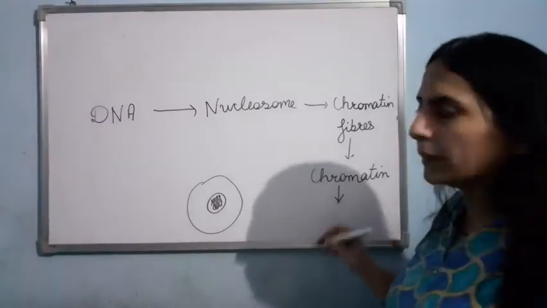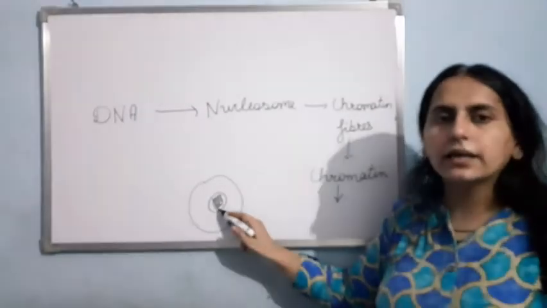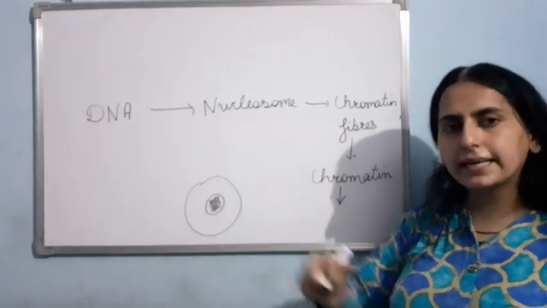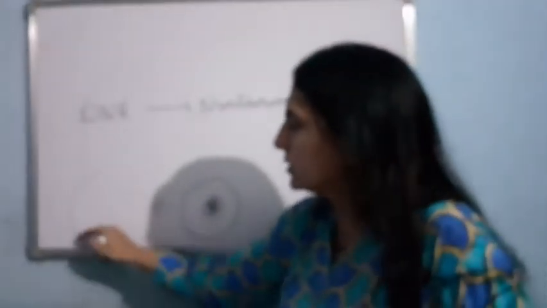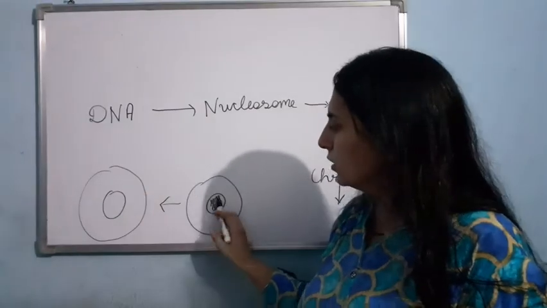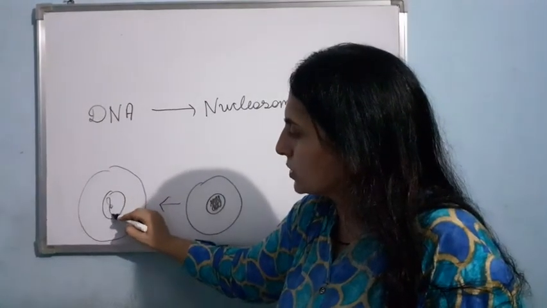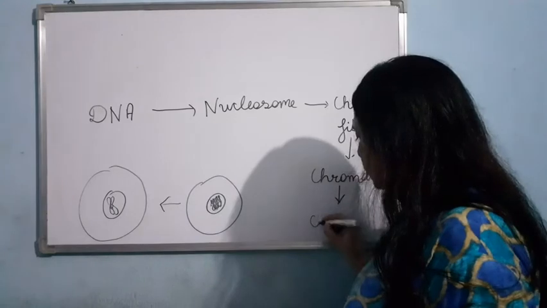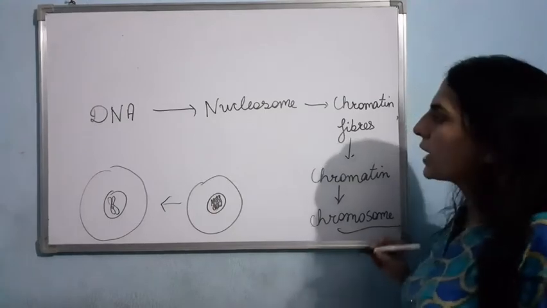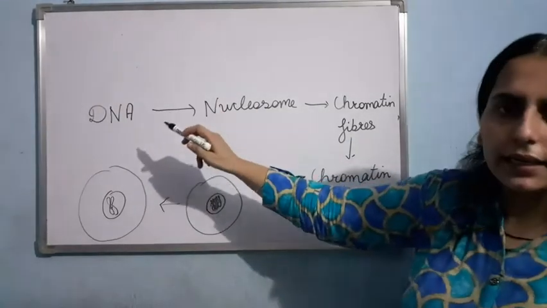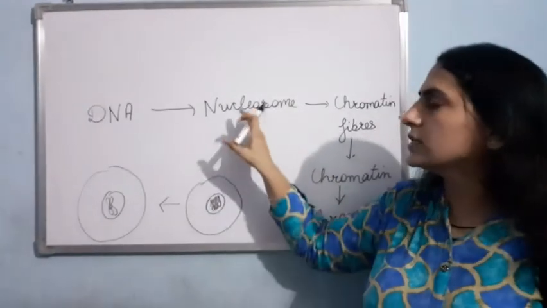Now this chromatin, as you know, when the cell undergoes division, will change into chromosomes. It will get condensed and form chromosomes. Let me draw it like this. The cell was there, the nucleus was there. Now the chromatin material will get condensed and change into the chromosomes. So am I clear how the DNA is arranged in your body, how it is packaged inside your cell? The DNA is bound over the positively charged histones and together it is known as the nucleosome.